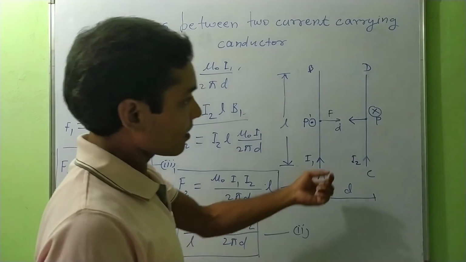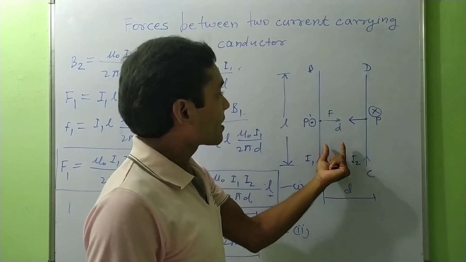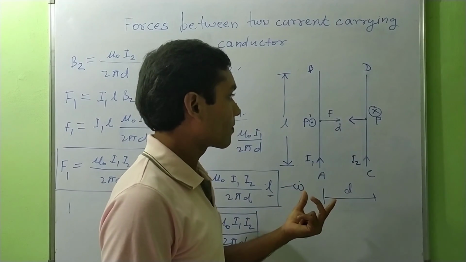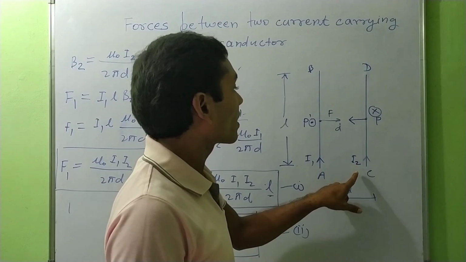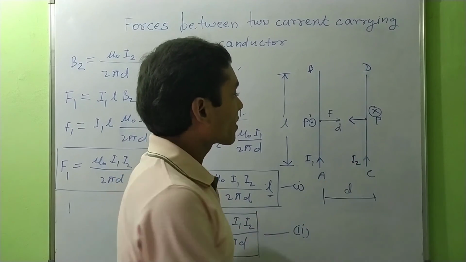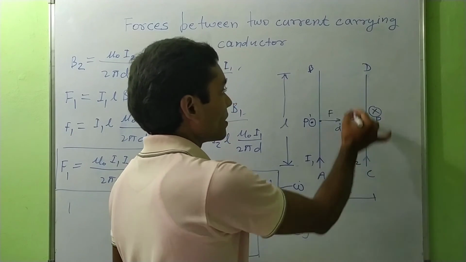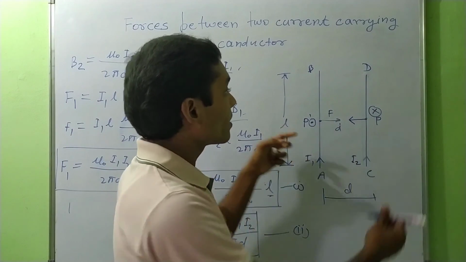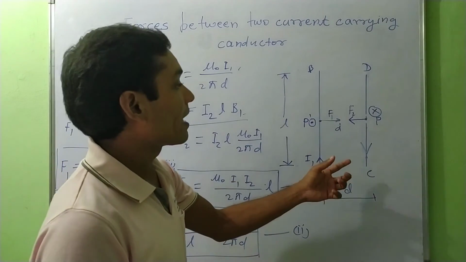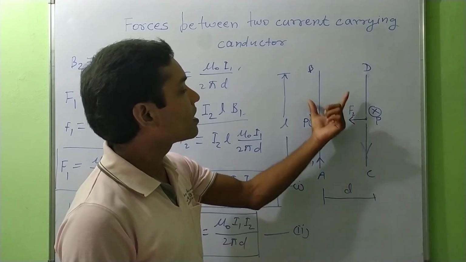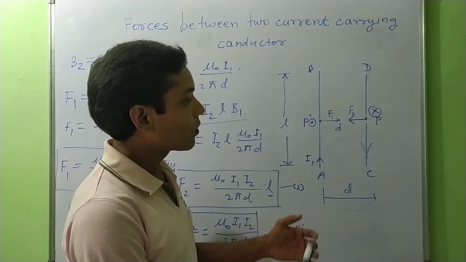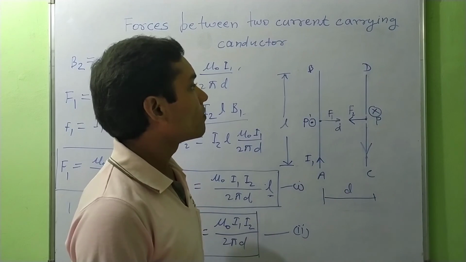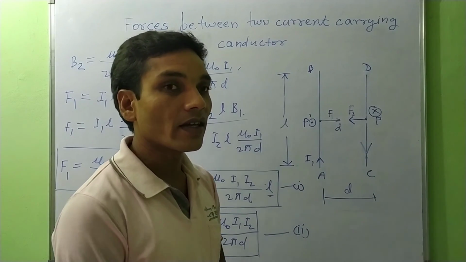This means when two straight current carrying conductors are placed very close to each other, and if the directions of current through these conductors are the same, then the force between the two conductors will be attractive. If the directions of current flowing through these conductors are opposite, then the force between the two conductors AB and CD will be repulsive in nature. Okay,